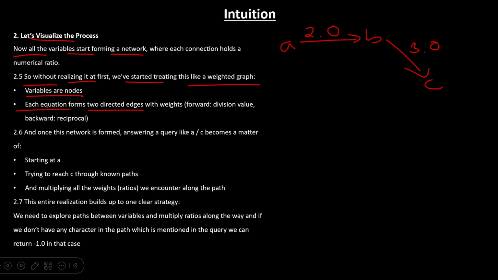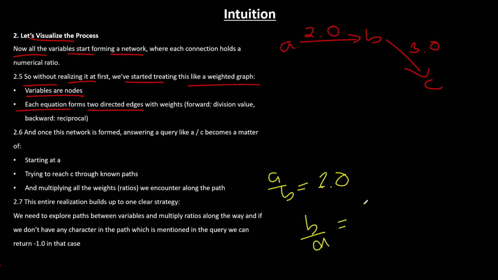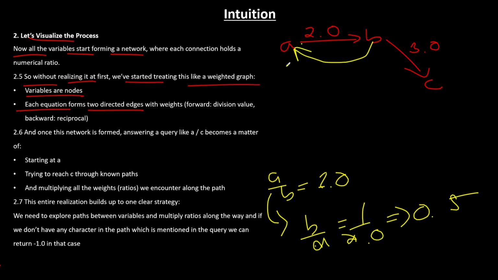If you remember, in our case, if A by B is given, fine. But if we have to look for B by A, then the value would be 1 by 2.0, which will be 0.5. For that, what do we have to do? We have to reciprocate it, right? So A by B is this, and this becomes B by A. So we connected this in the reverse manner, and the value comes out to be 0.5, right? That's why the graph has to be connected in the bidirectional format,